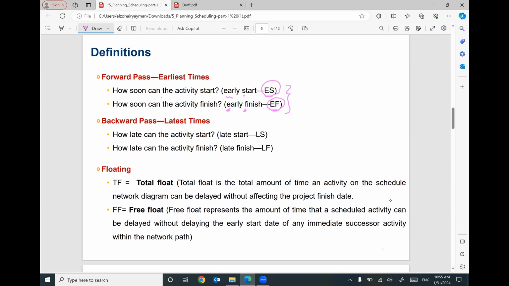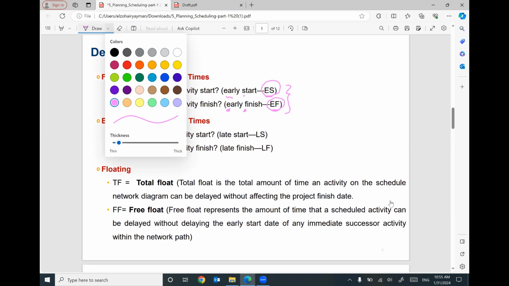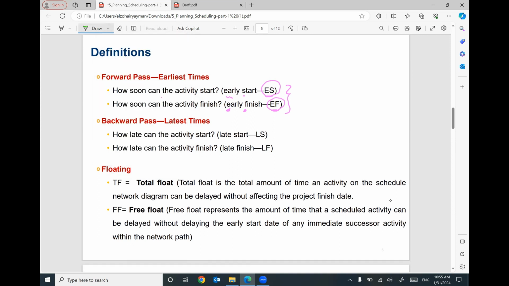We have another concept for these times. LS means late start. Late start: how late can the activity start? The latest time we can start the activity. Late finish: how late can the activity finish? The latest time to finish the activity. That makes sense? So keep in mind,